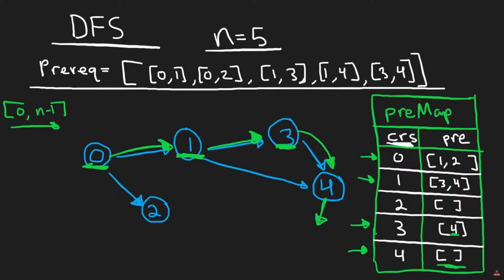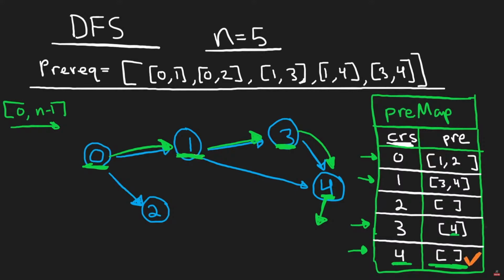So now we see that this is empty. So what does that tell us? That tells us course 4 can be completed, which we basically already knew because course 4 has an empty prerequisite list. So I'm just going to put a little check mark here to say that we know course 4